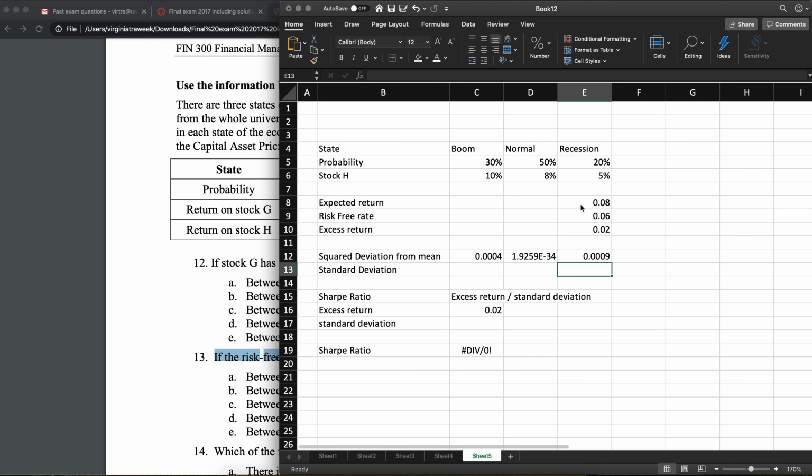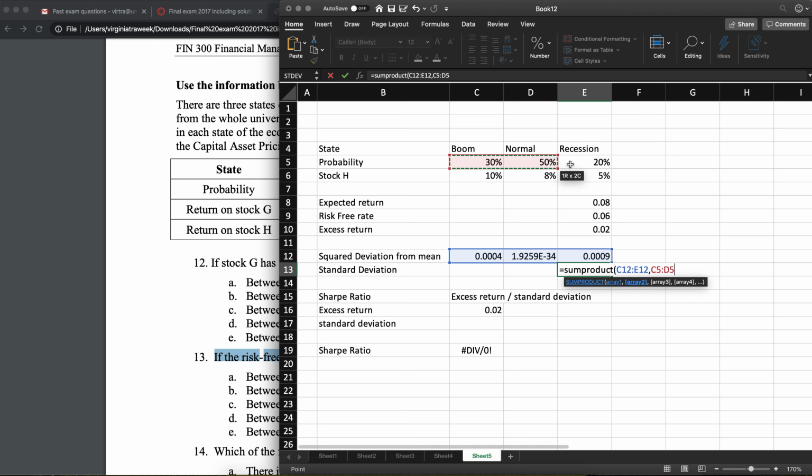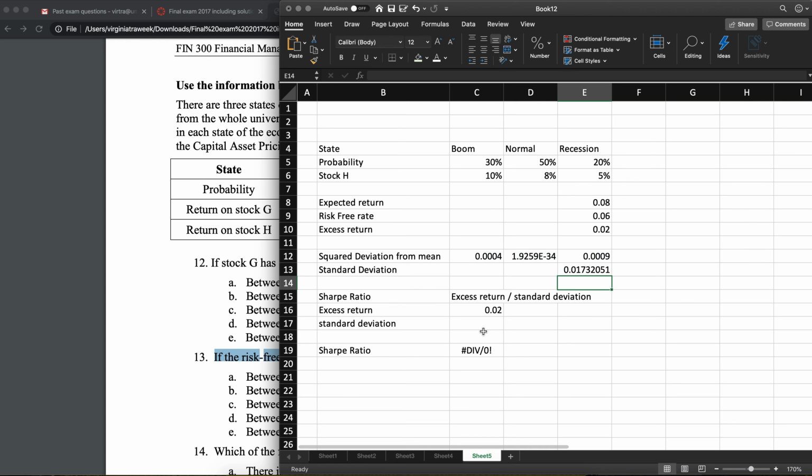we are going to do the sum product of the squared deviations, times the probability of each of these events. So essentially what we're doing here is getting the variance. The variance is the sum of the squared deviations times the probability of those states, and if we raise it to the 0.5, then we have the standard deviation. So this is our standard deviation, and the answer is 1.15, which is what's in the solutions,